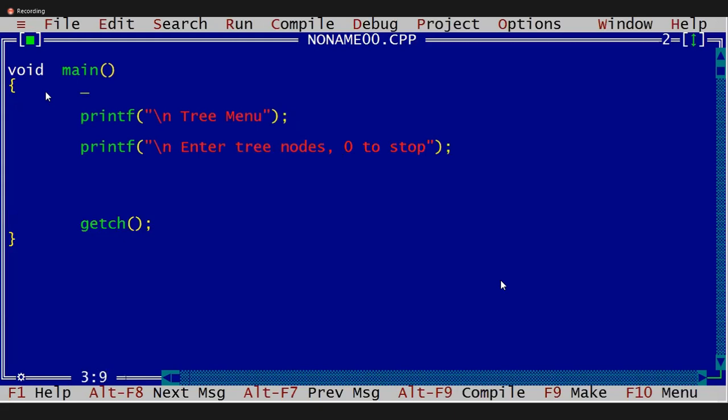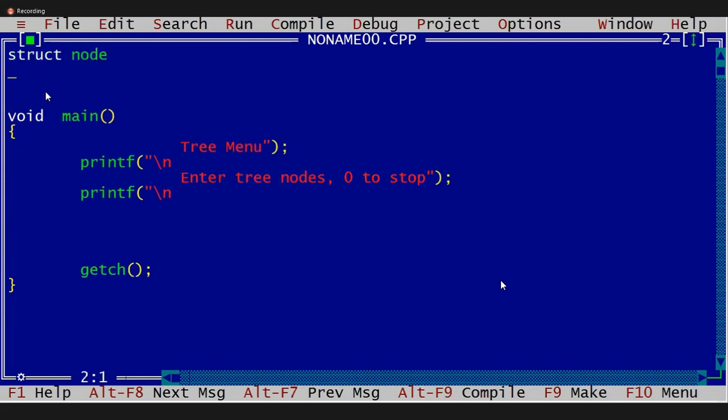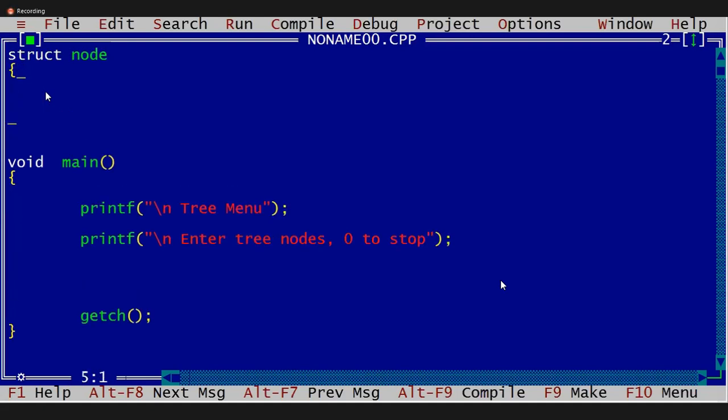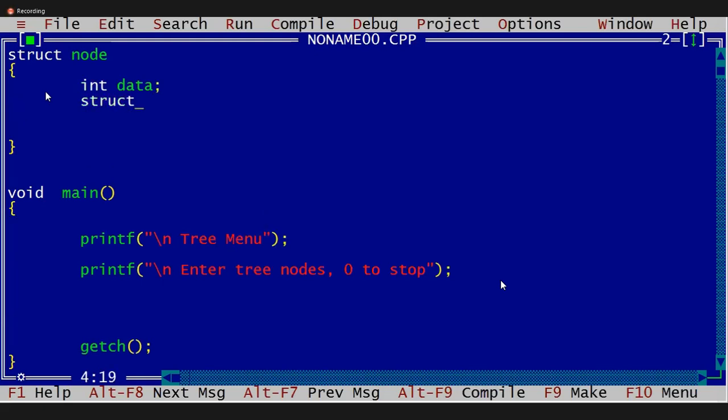Okay, see this. What do you want? Take the tree, guys. Struct tree node. What is required for the node? Data, that is int data, struct tree node star left node, comma star right node.